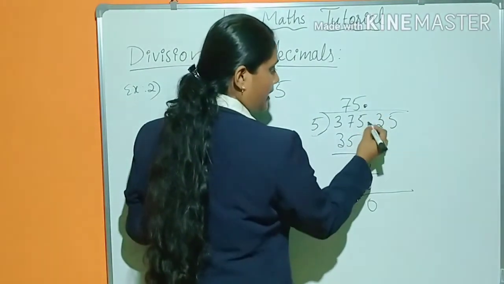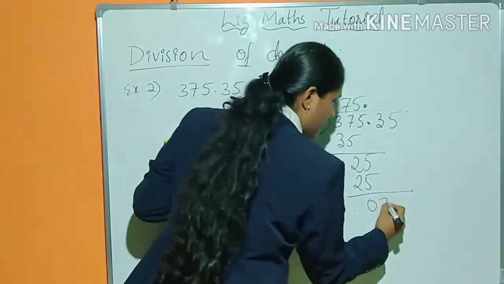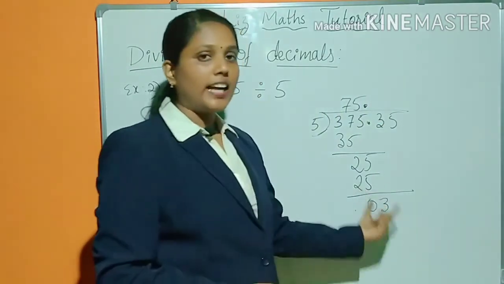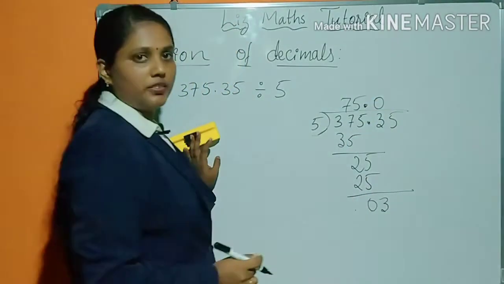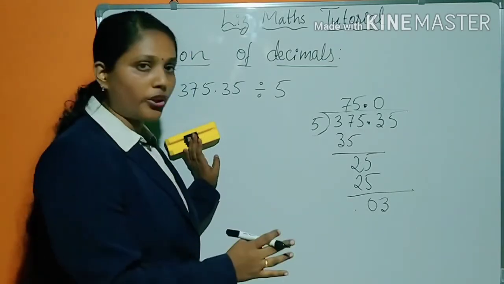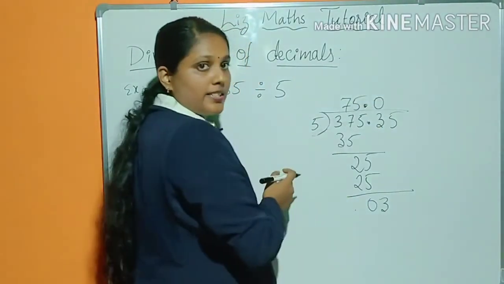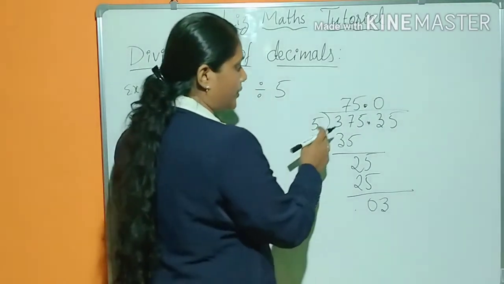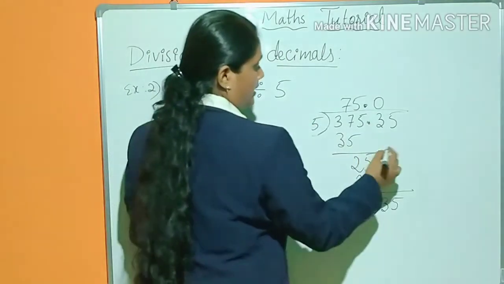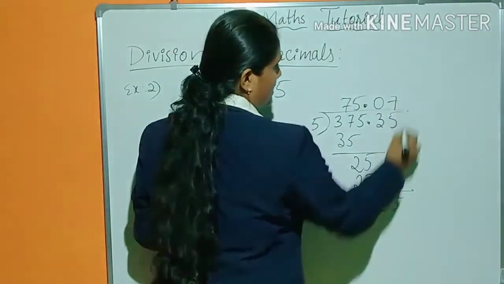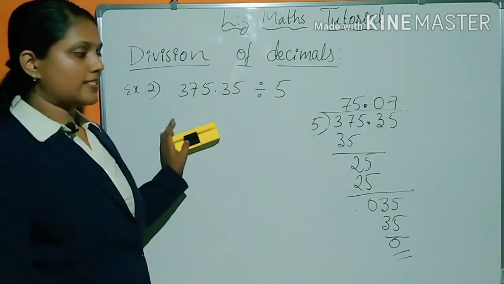See, after putting the decimal point here in the quotient, we can take this 3 down. If it is not going, what you have to do here? If it is not going, you have to put that 0 here. If the number is not going with that number, you have to put 0. Got it? Next what you have to do? You take that next number here 5. Now 5 7s are 35. Now you got the answer 0 remainder.